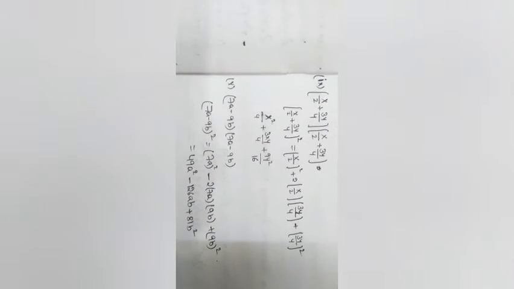It is like (a minus b) into (a minus b). You just need to know the algebraic formulas very perfectly, and this exercise is simple and easy. The second question is: use the identity they have given, (x plus a) into (x plus b) is equal to x square plus (a plus b) into x plus ab, to find the following product. So it is in the form of (x plus a) into (x plus b).